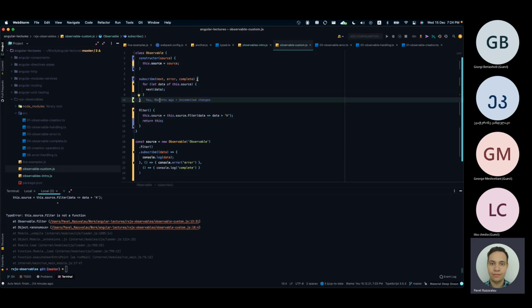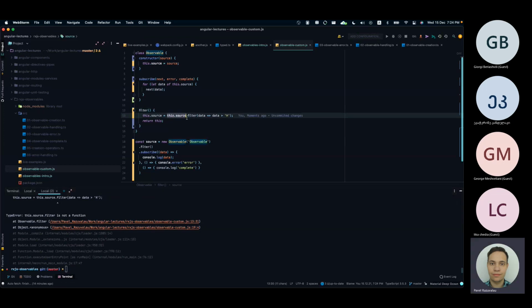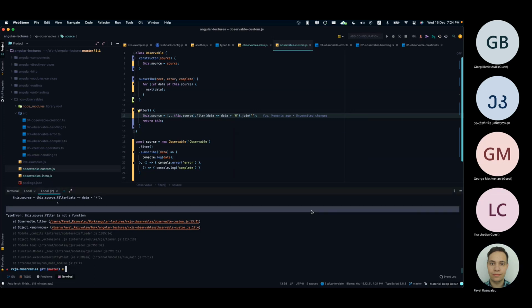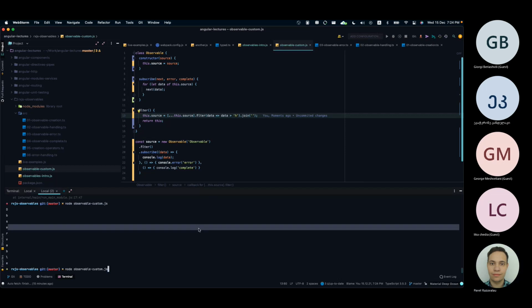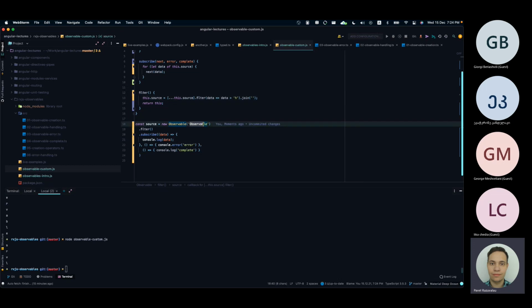Well, what's going on? Why is it not a function? The source. Okay. Let's do the following, with the strings. Yeah, the filtering works. But in this example, we see that we not only observe each